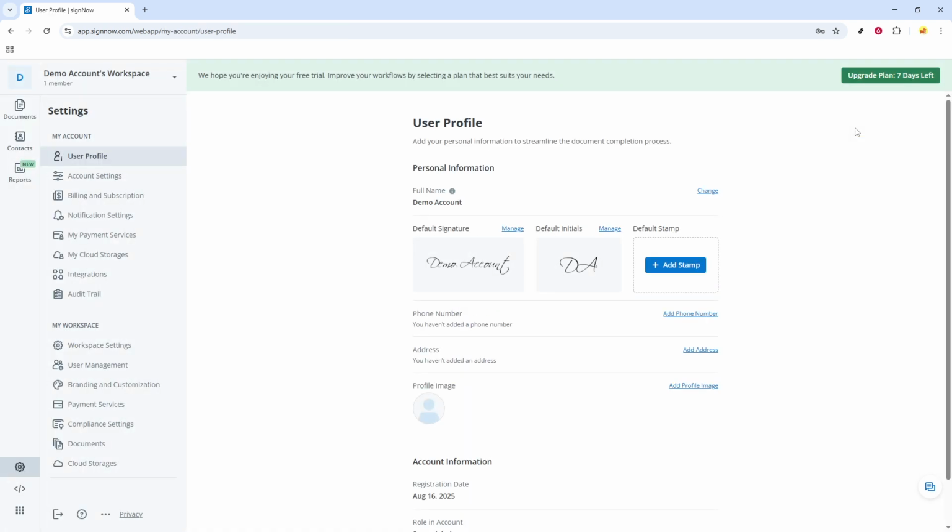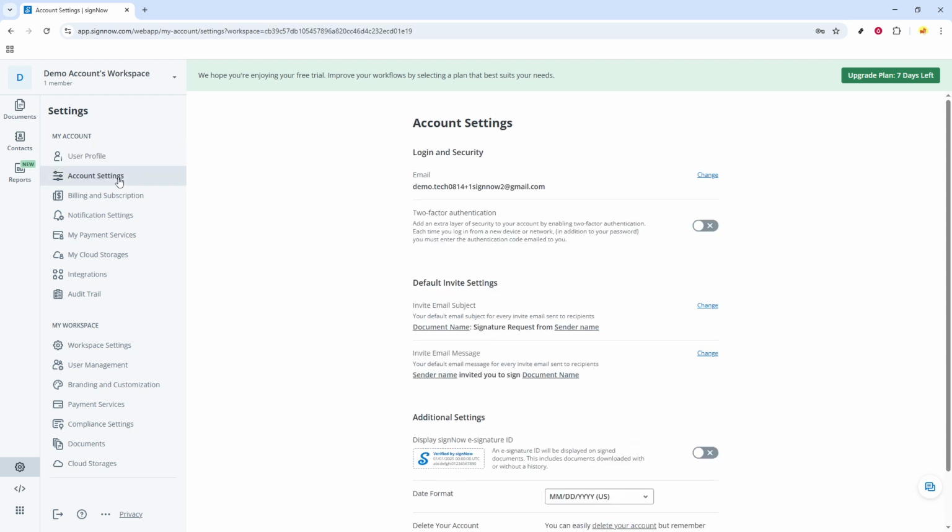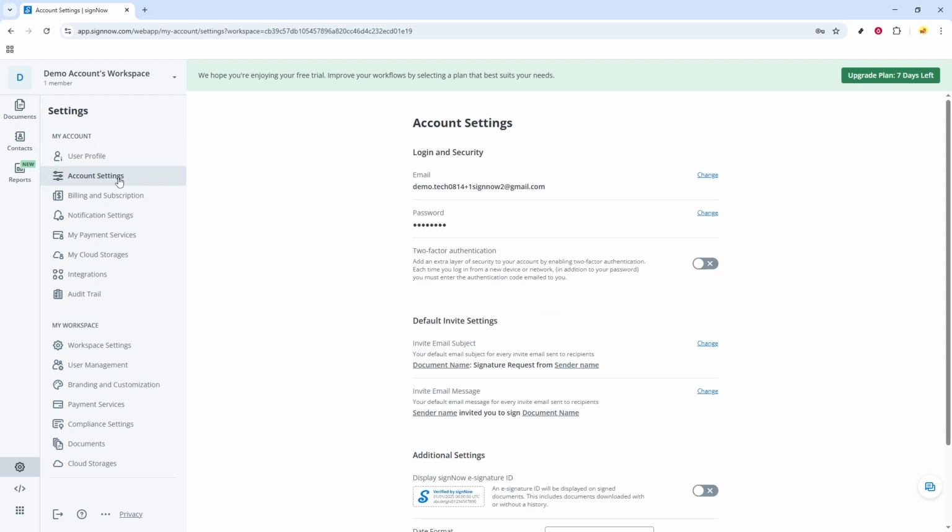After you click My Account, you'll be taken to a new page. Here, look for Account Settings and click on it. It might be located in a sidebar or a tab on the current page, so take a moment to scan for the right spot. Once you've arrived at the Account Settings page, scroll down until you find the option labeled